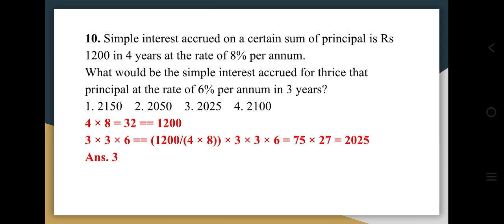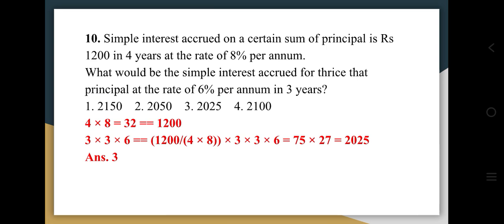So here also, if you take the principal amount as 100, then the interest for 4 years at 8% rate is 4 into 8, 32. So here the simple interest is given as 1200. So 32 corresponds to